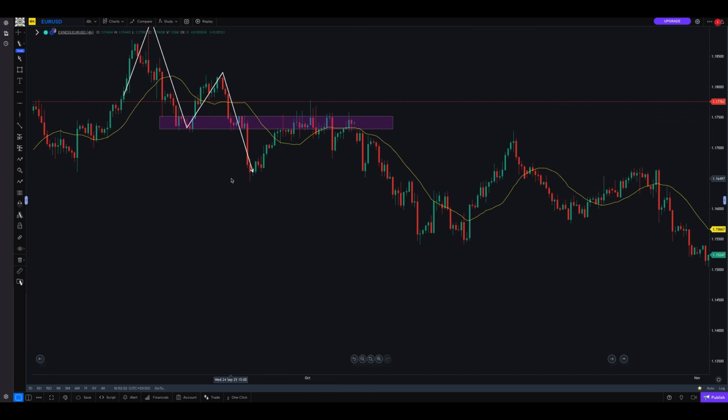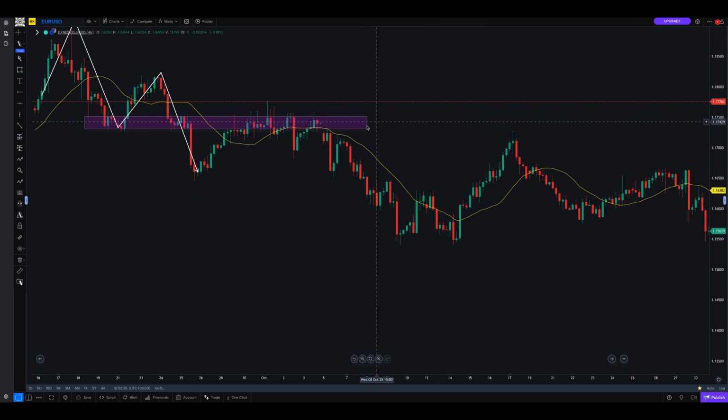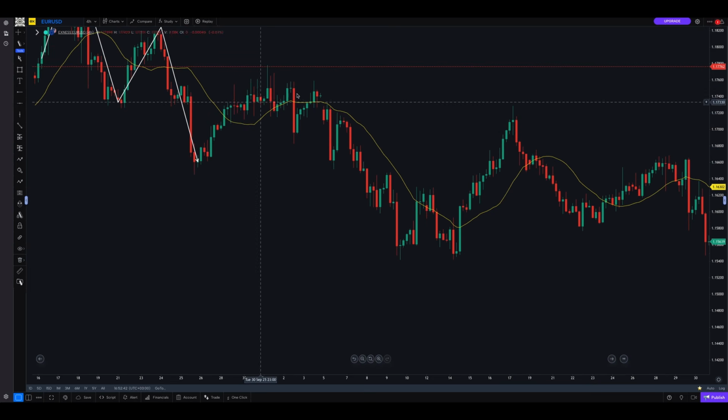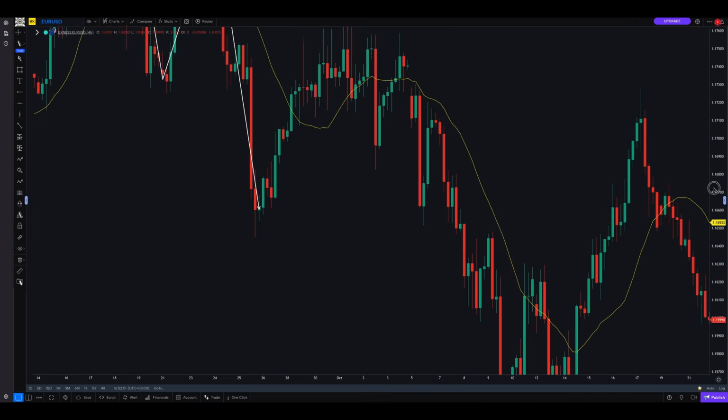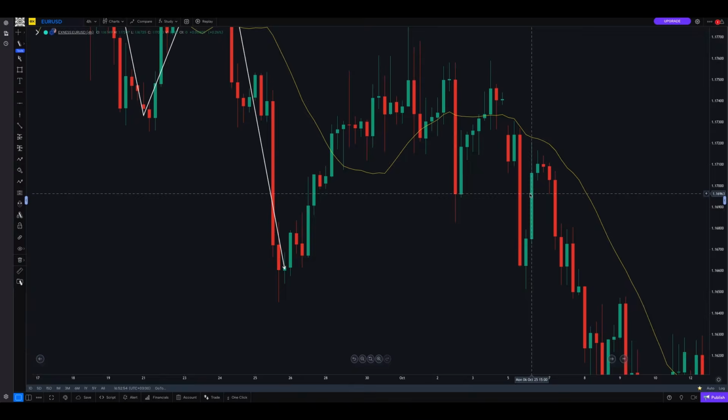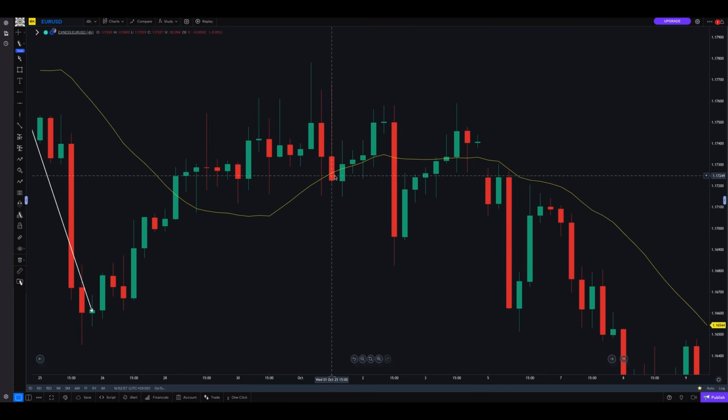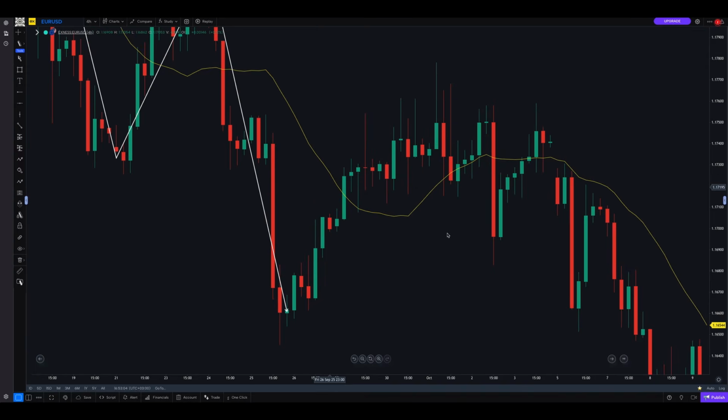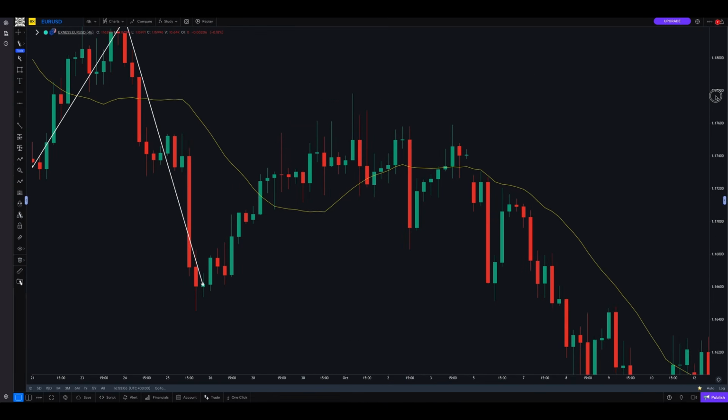So in a downtrend, we wait for the price to break below the moving average. Any candle that breaks below the moving average after it has been on top of the moving average, like in this area here, we see that the price breaks below the moving average at this candle here, right? Let me zoom in on that area so that we can see clearly. In this area here, you can see that this candle closes below this moving average, this red candle. So there you're going to enter a trade,